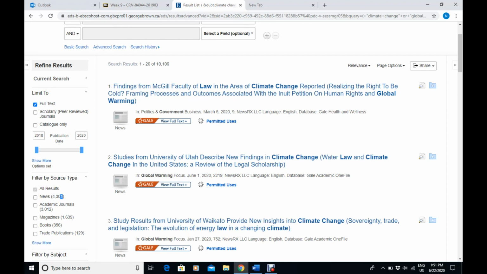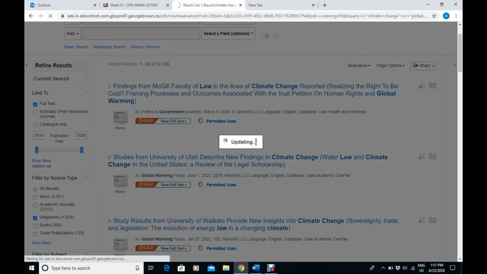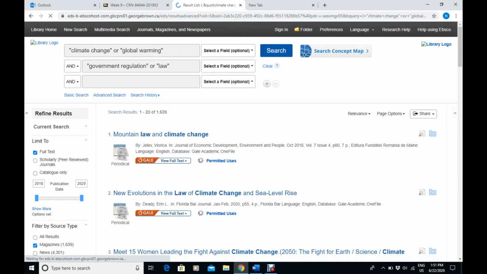That leaves us 3 things that we can look into. Academic journals, they'll tend to be very, very high level. They'll be more complex, they'll have more advanced information. They also tend to be longer, so they'll be about 20 pages. A magazine article will be somewhere in the middle. Whoops, I accidentally clicked it. And so they can be helpful as well, and sometimes magazine articles can be a good starting